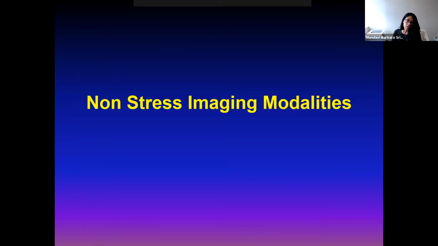So in addition to these stress modalities, which I had emphasized, stress imaging is for detection of obstructive coronary artery disease. There are also non-stress imaging modalities. And I thought my CT slides were next, but they're not. So we'll just shift gears here and go into other imaging modalities right now. So starting with